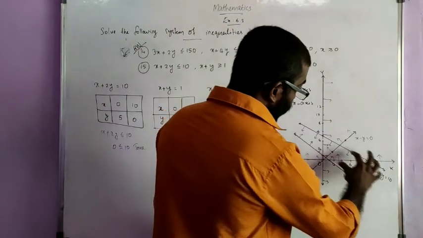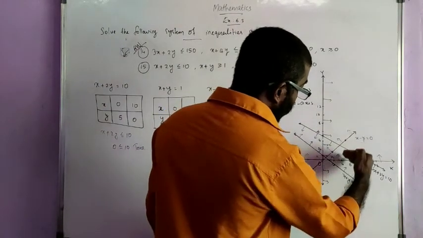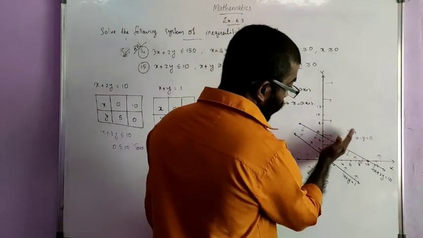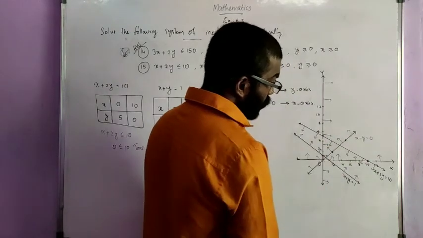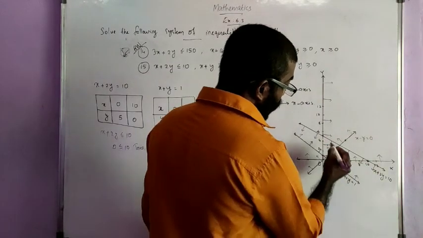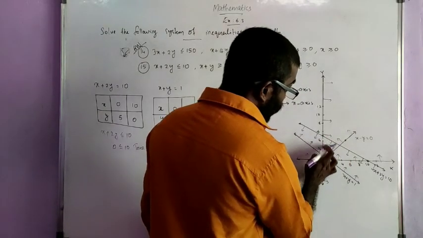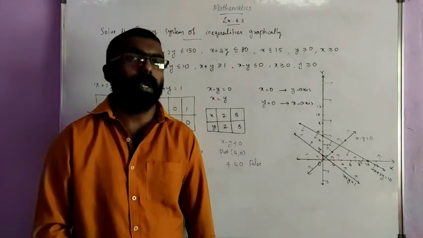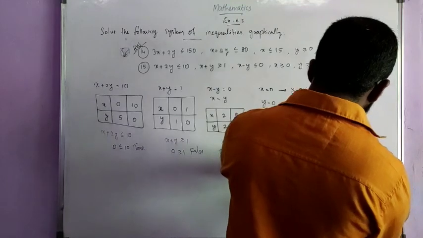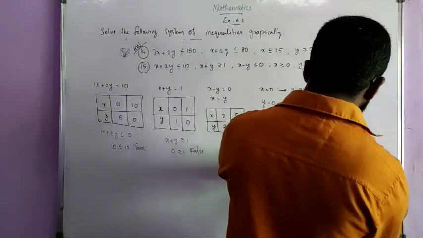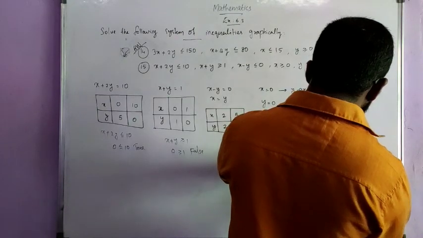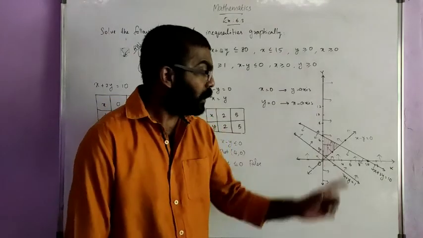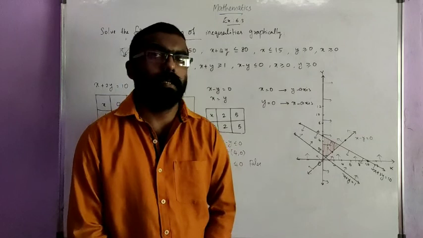So the region in between these two lines, because it is the upper part of this line and the lower part of this line, and the right side of the y-axis, then the left side of this line, and the upper part of the x-axis. So in the first quadrant, we can shade this much portion. This smaller region is the solution region. That portion we have to shade. So here this shaded region is the solution region.